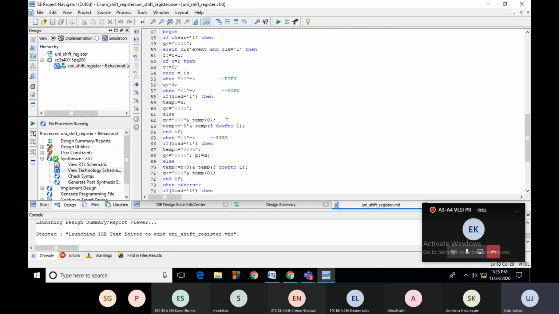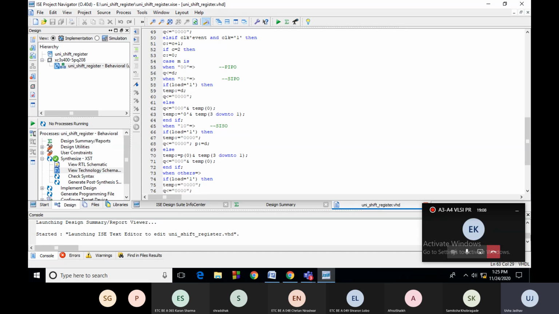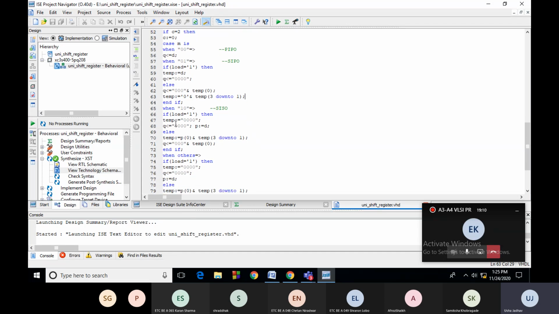So in this way we can perform the serial in parallel out operation when the mode selection bit is equal to 0 1. Then when the mode selection bit is 1 0, it will perform serial in serial out operation. For this, again it will check for the load. If load is 1, then it will initialize temp equal to 0, and Q will again be initialized with all 0s, but the D input we are now storing